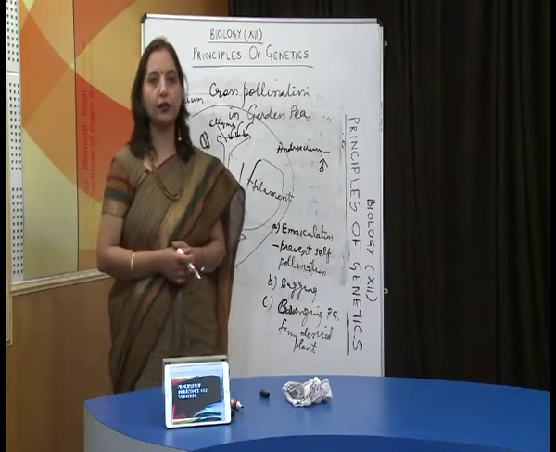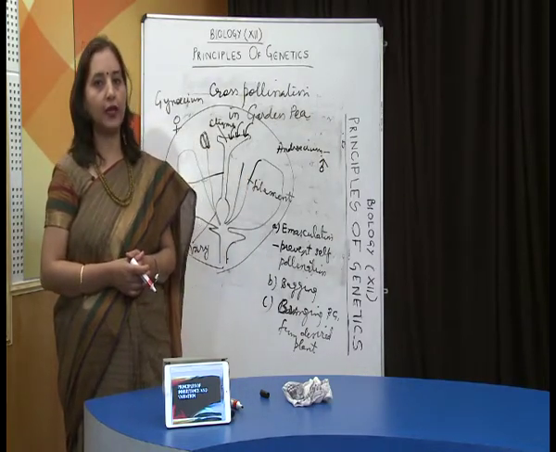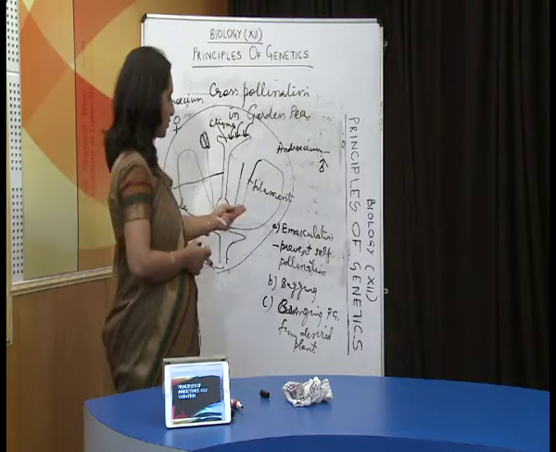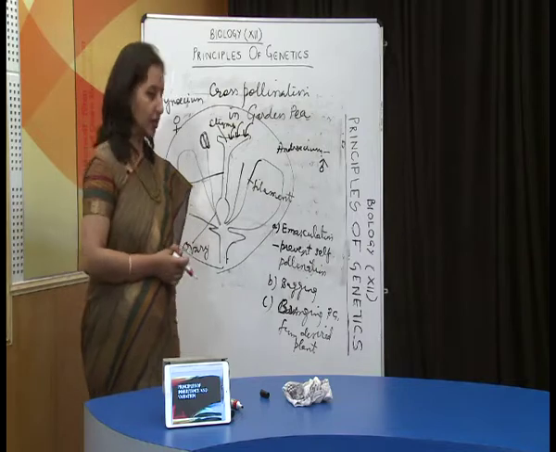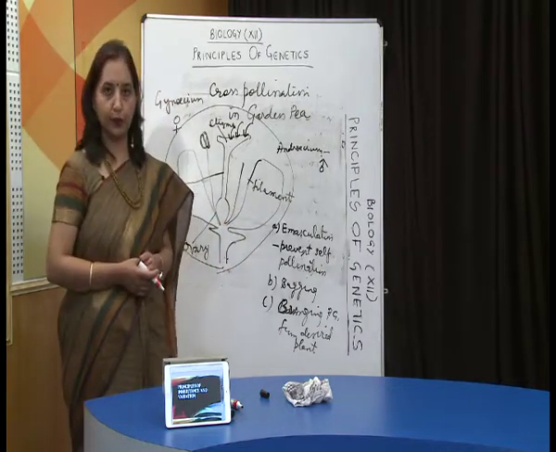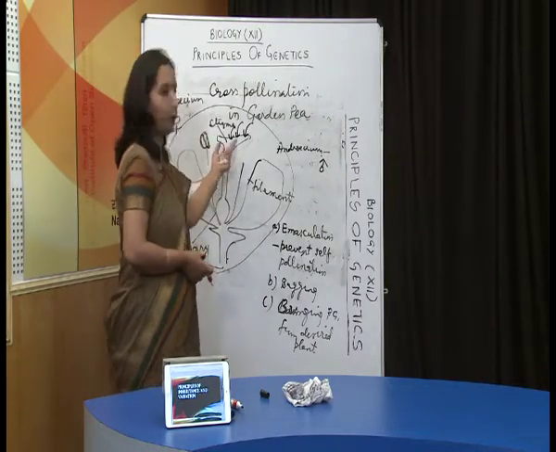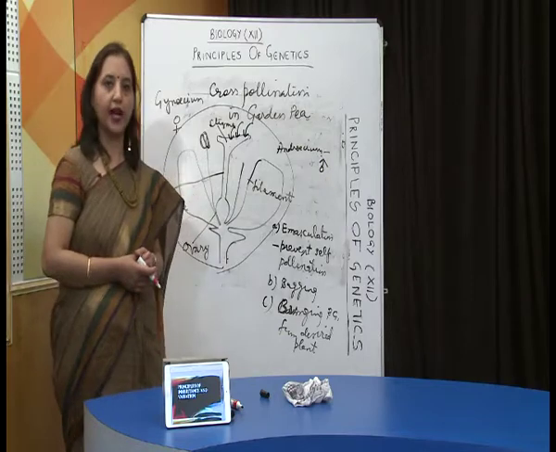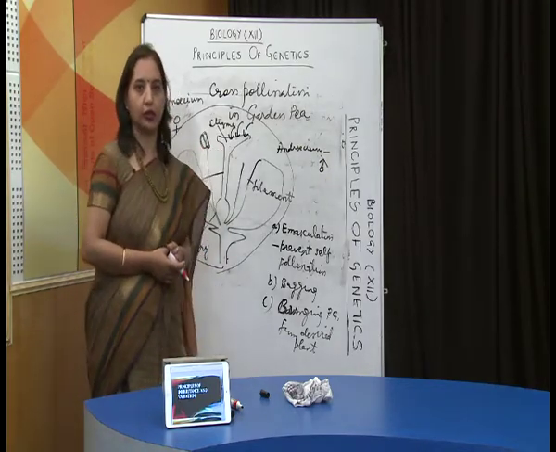This way, Mendel did the cross-pollination in Pisum sativum, or garden pea, wherein first of all the male part was removed at a very young stage, that's emasculation. The emasculated flower was covered with a polybag to prevent contamination, and third, the desired pollen grains were brought from the desired plant once the stigma became mature to receive the pollen grains.